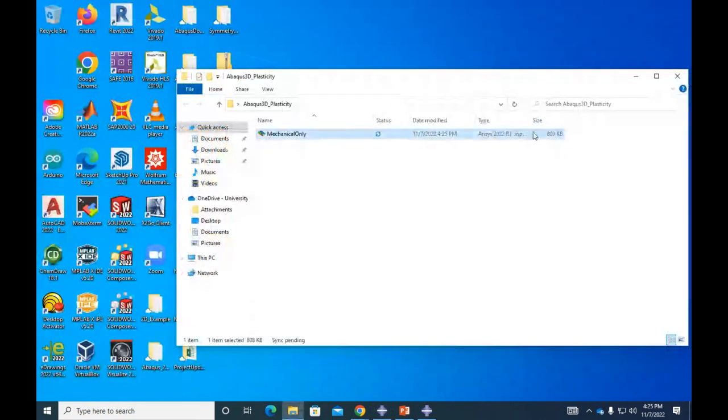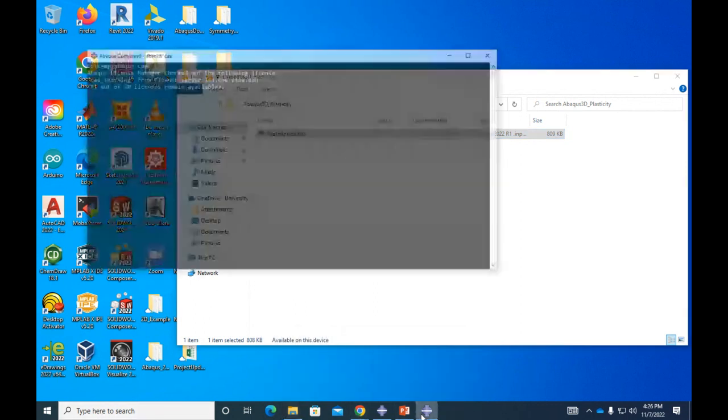Abaqus 3D modeling. Yeah, I have it in there. Sometimes, whenever you have to submit several runs, you cannot do them from the CAE. So you start using something that is called the command line. Anyone knows what a command line is? Like terminal in Linux, like hardcore coding, if you want to call it that. It's a way to communicate with the computer just through commands, instead of just clicking as we do here in Abaqus.